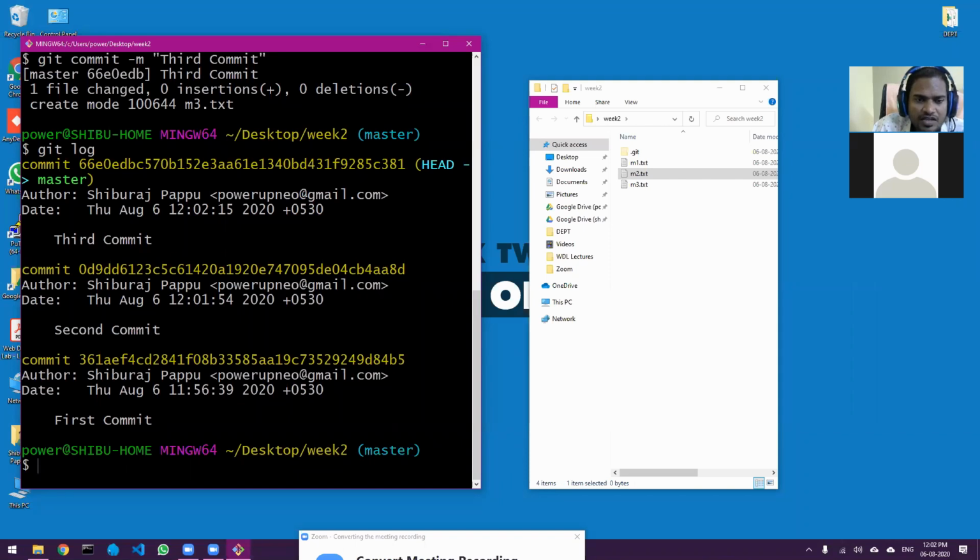That means people have started using it. Whenever you want to develop some new feature or fix some bugs, you will not work on the master branch. The master branch is the branch which is visible to the public, right? So you will mostly not work on the master branch.